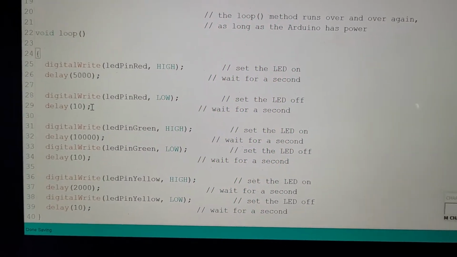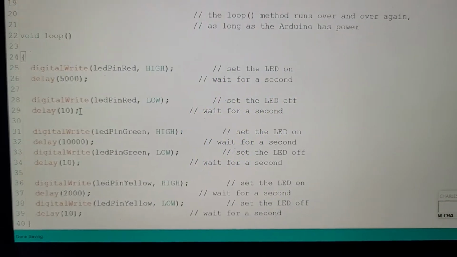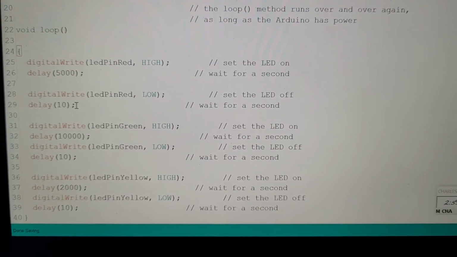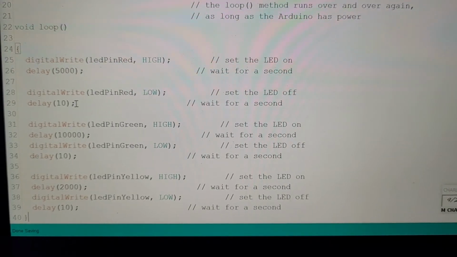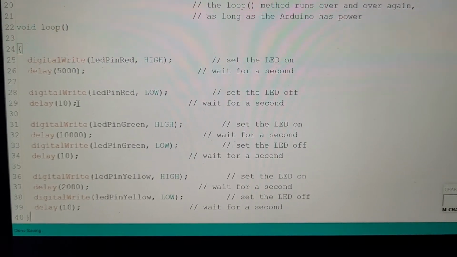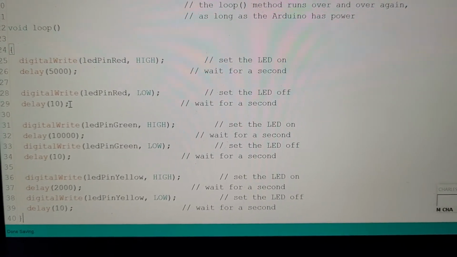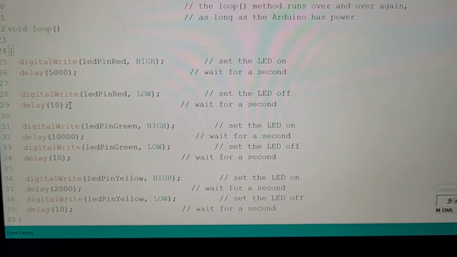Next in the coding, inside of our curly braces is going to be the digital write LED pin red high to turn the red on, and then there's going to be a delay of approximately 5 seconds, and then we'll have LED pin red to low with a very slight delay of 1/10 of a second, I believe. Digital write LED pin green to high to turn on the green LED,